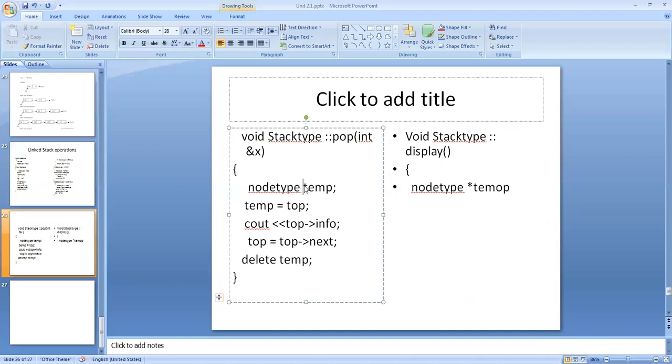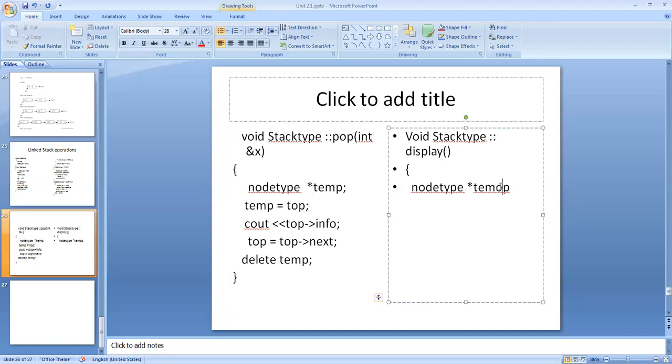Here also it should be pointer. Then I will make this temp point what top is pointing by assigning temp is equal to top.